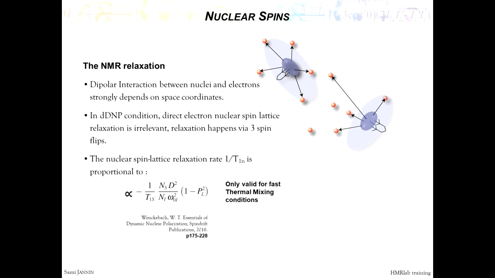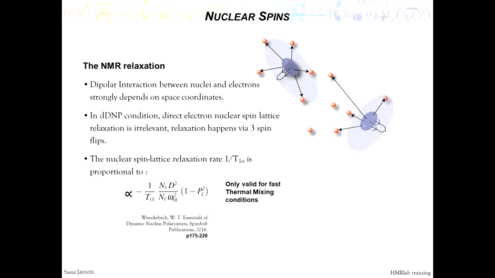What changes between the two is the distribution of polarization across the EPR line. If the difference of polarization between the 2 electrons is equal to the thermal polarization, then it creates a thermal polarization on the nuclear spins. Whereas if the two are very different, it can create a very different polarization on the nuclear spin. And this effect, this 3-spin flip process, seems to be the dominant mechanism in our conditions with a broad EPR line,